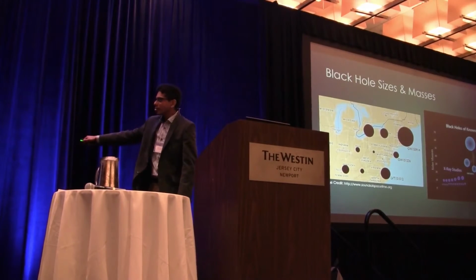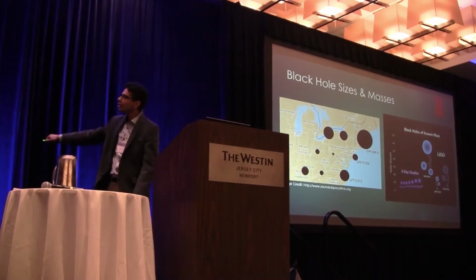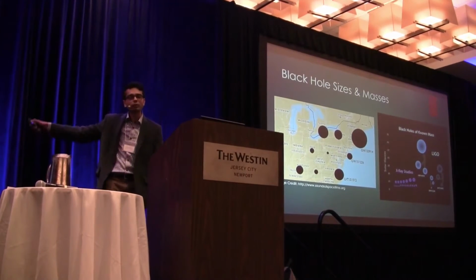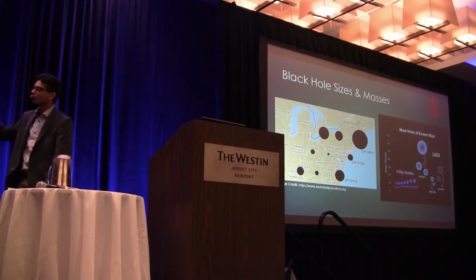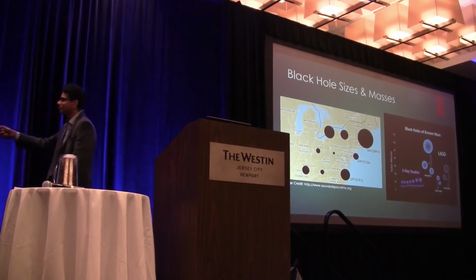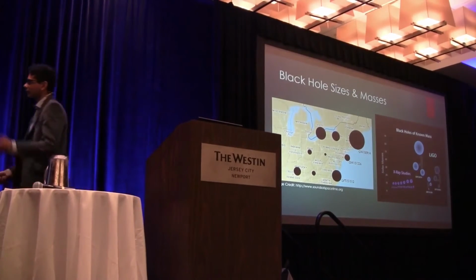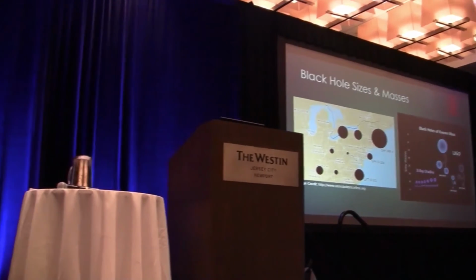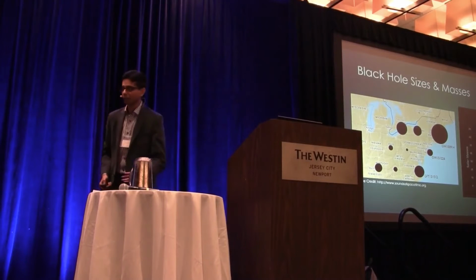So these are all the black holes that have been detected, and these are the black holes that have been detected by LIGO. These are completely new classes of black holes that LIGO has detected. It's the first direct detection of black holes, and it's the first detection of absolutely massive black holes. And as I said, these are not the gigantic black holes that we know exist, because the center of every galaxy has a supermassive black hole, which could be millions of times more massive than the sun.